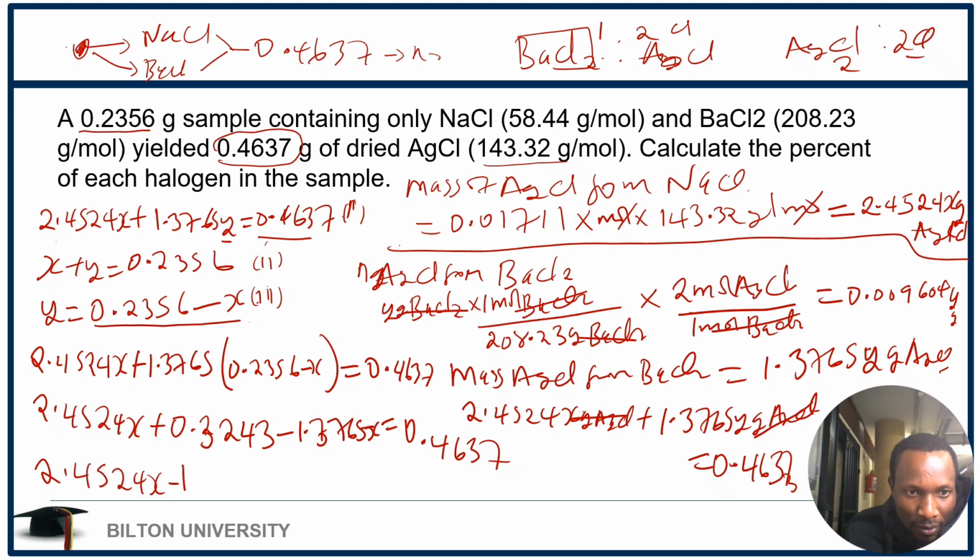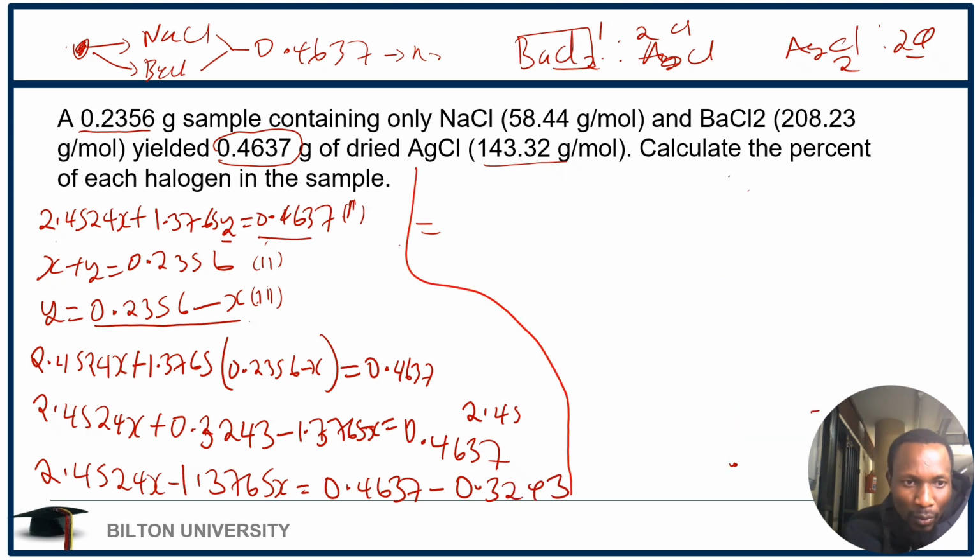2.4524x minus 1.3765x is equal to 0.4637. Because this is positive, if it crosses the equal sign, it's going to be minus 0.3243. Now, when we subtract these two, we're going to get 1.0759x is equal to the difference on the right hand side, which is 0.1394. And to get the value of x, we're going to divide both sides by